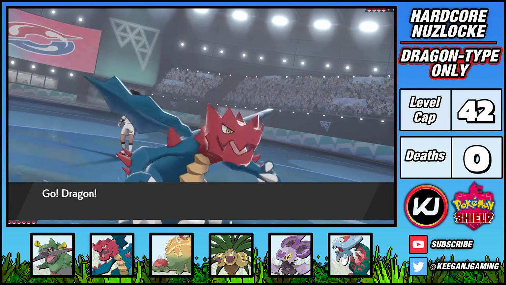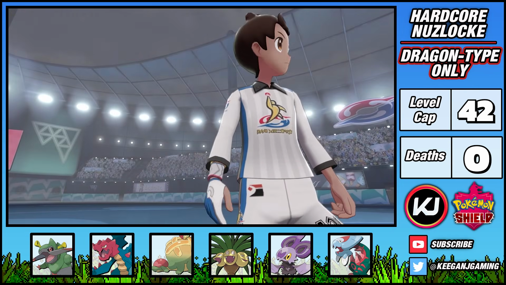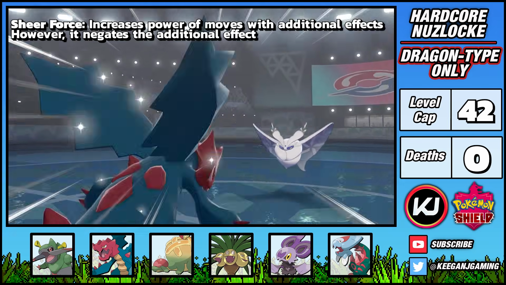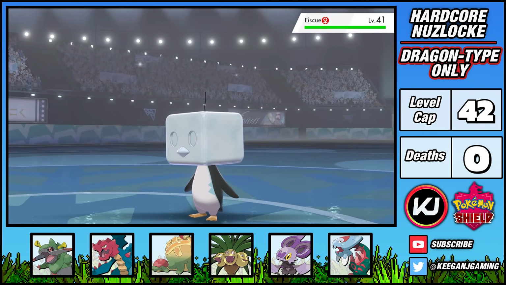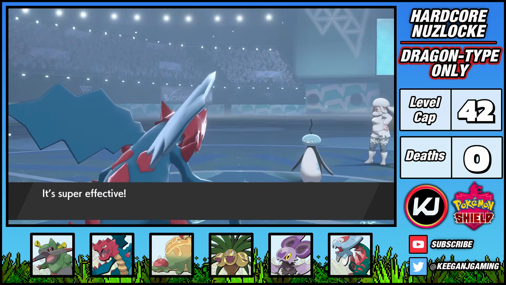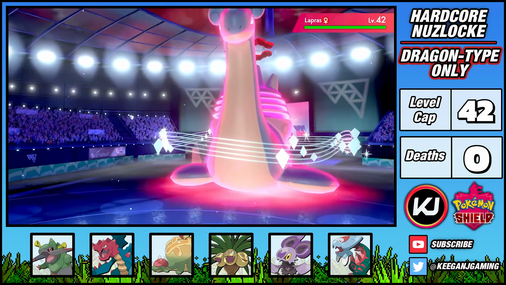I've given Dratigan the Choice Scarf for a speed boost, and taught it the move Iron Head. Not only is this super effective against Ice types, but it also gets a power boost from Dratigan's ability. This combo is wild, one-shotting Frostmoth and the Darmanitan that follows. Eiscue is more annoying due to its Ice Face ability, so it manages to land huge damage onto Dratigan with Freeze-Dry. I am able to finish it off with one more Iron Head, but Melanie's Gigantamax Lapras is the